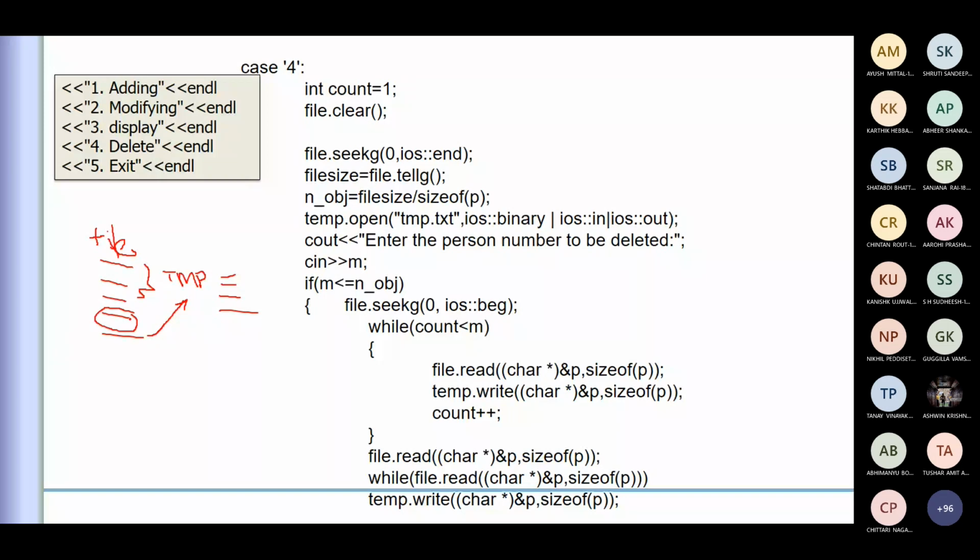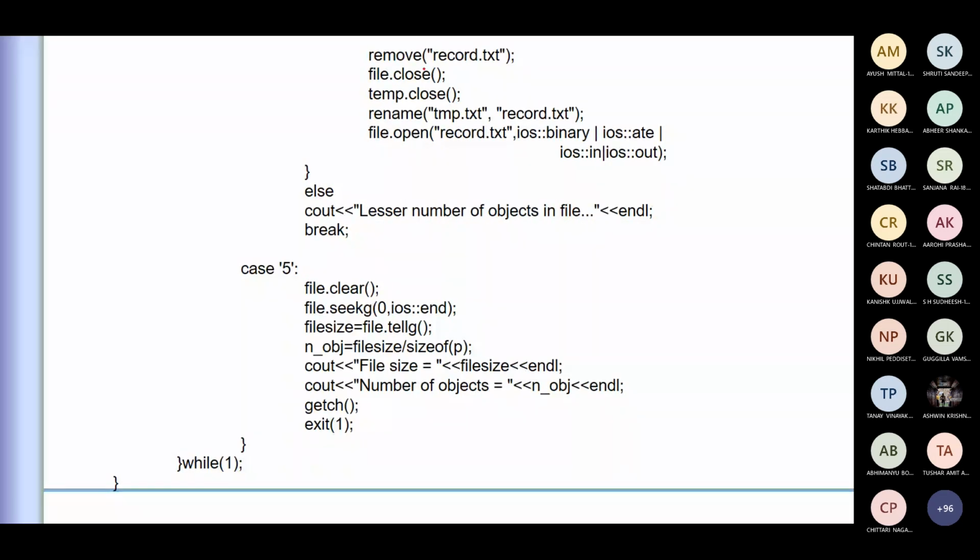Okay. So now let us go for the fifth one. Your remove is nothing but record.txt, which is open. The file content is now discarded. So you're closing that record.txt information, but rename the temporary text itself as record.txt. So you have two files, one is a temporary, one is a record. Initially record contents are being taken and only whatever is required is put into your temporary. Now rename the content of the temporary as the record.